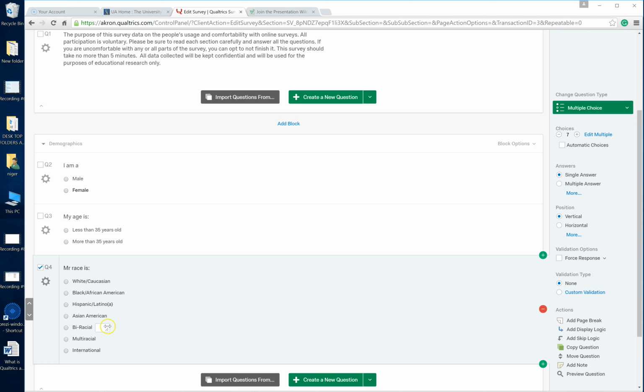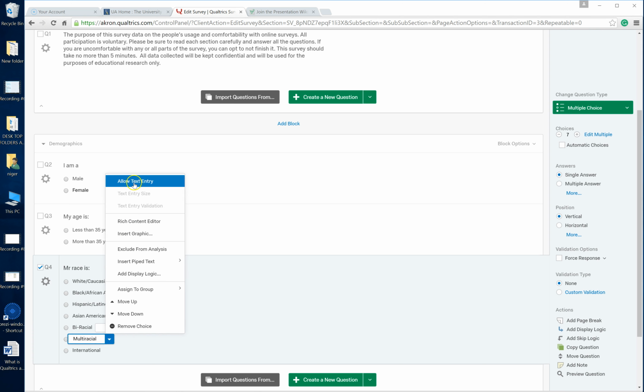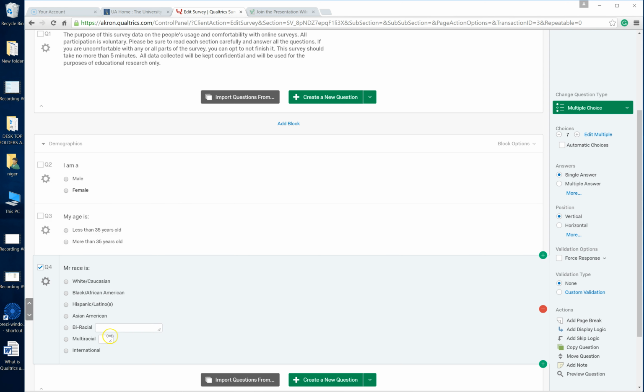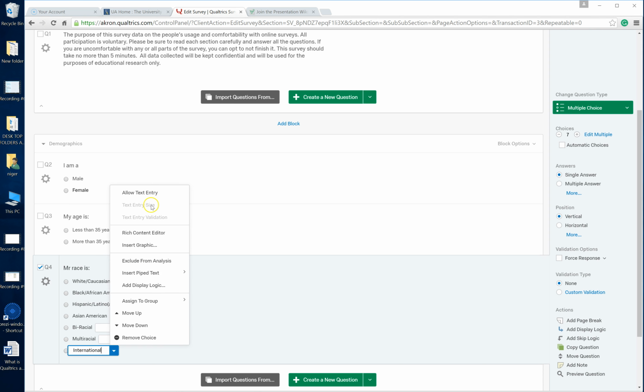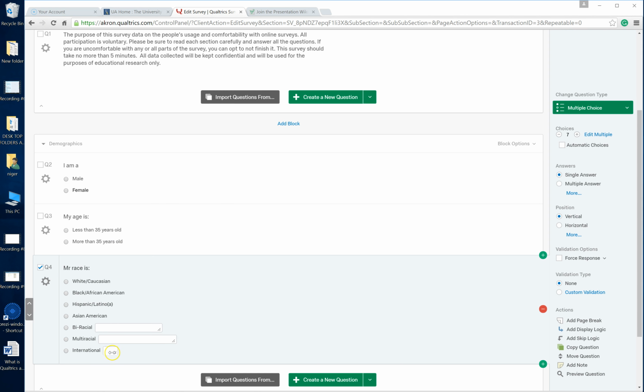And what that does is it provides an option for the respondent to provide which 2 races are part of their ethnic background. We can do the same thing for multiracial, right? We're going to allow text entry, and we'll just stretch that out so that the respondents can provide the races that make up their ethnic and racial background. We'll do the same thing for international. So what I'm going to do here is, in parentheses, please provide